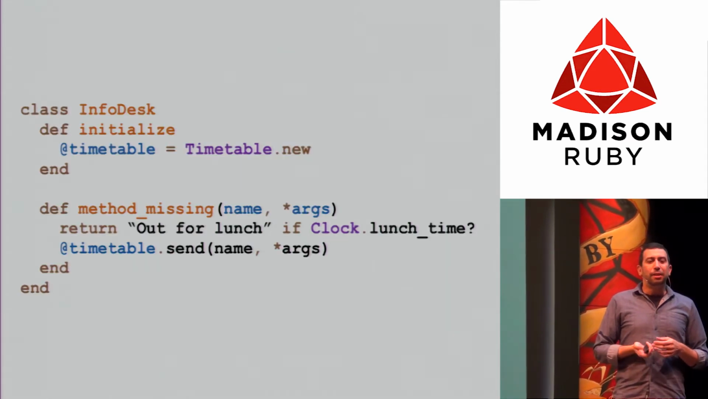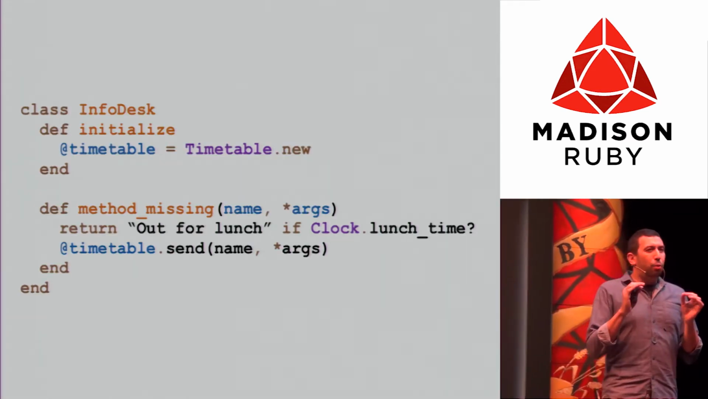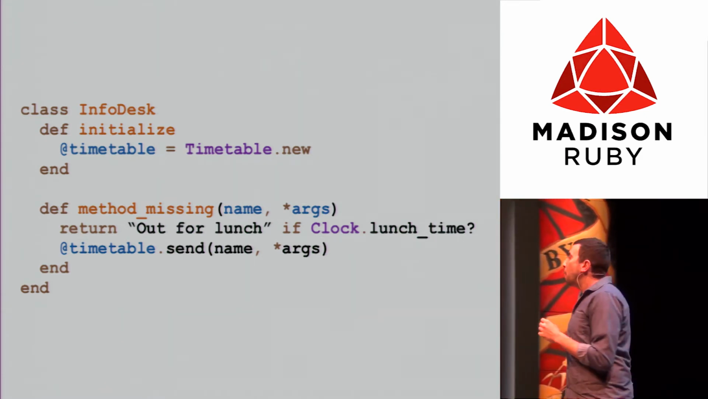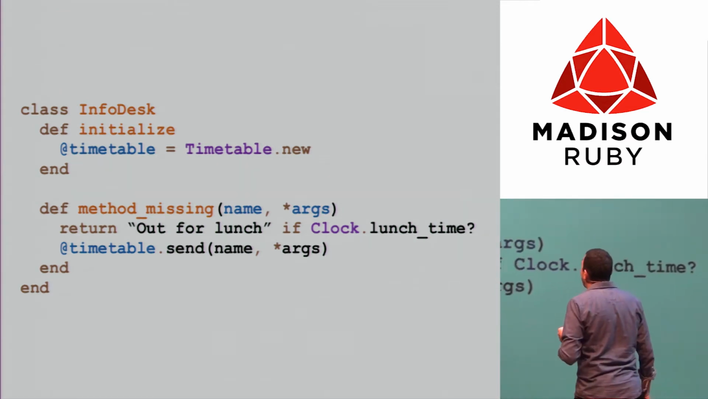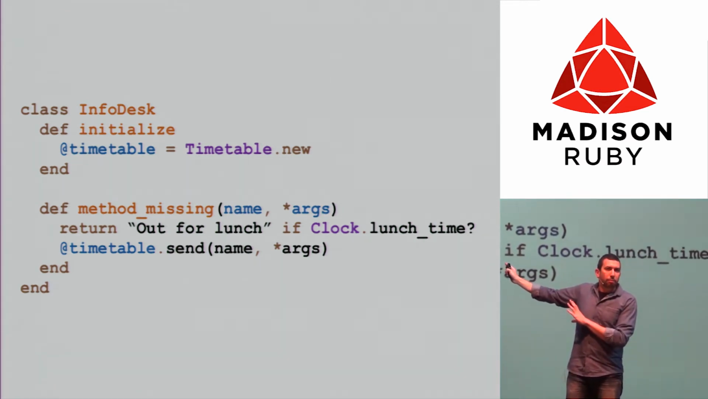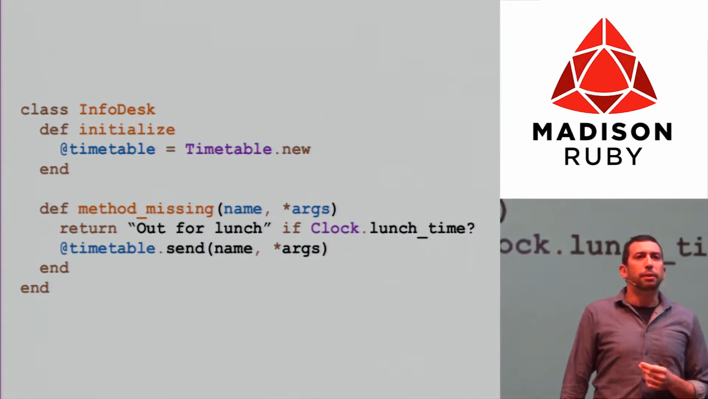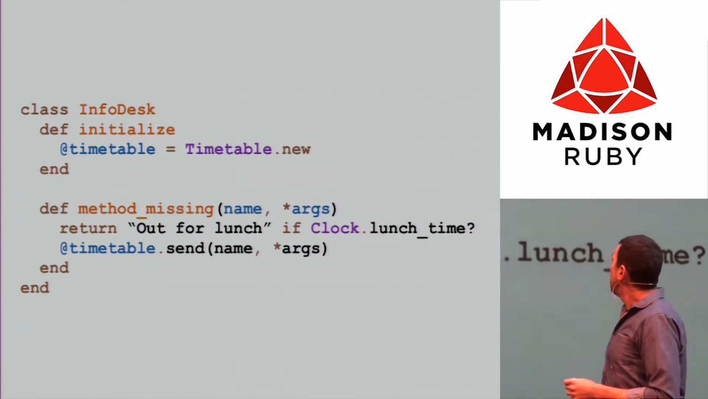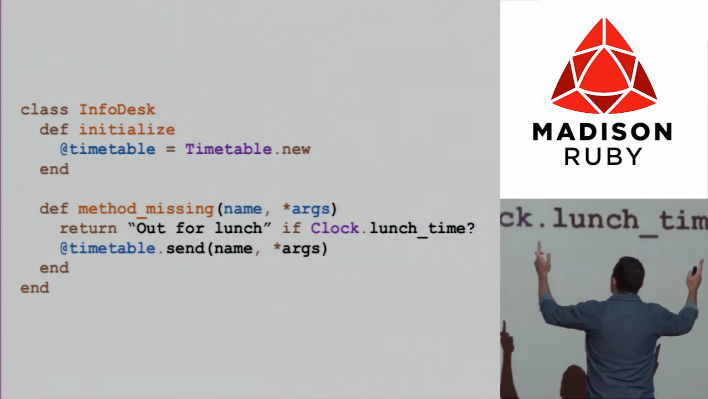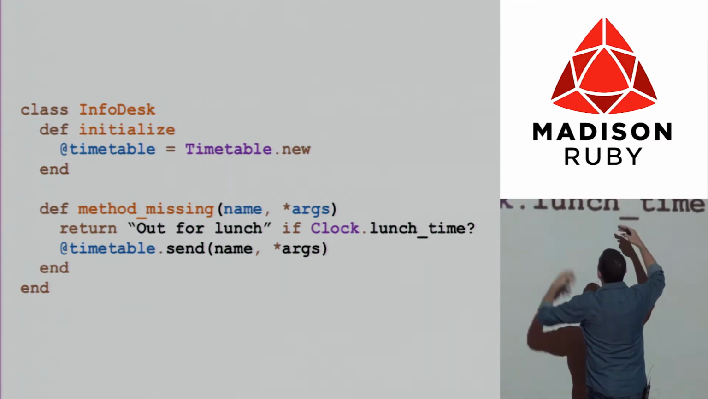So I tried to check what the problems might be if you use method missing. One problem that you can have: this code just works. It doesn't have any problem in itself. But assume that you want to do some refactoring. For example, you want to extract this thing, clock lunchtime, into its own method